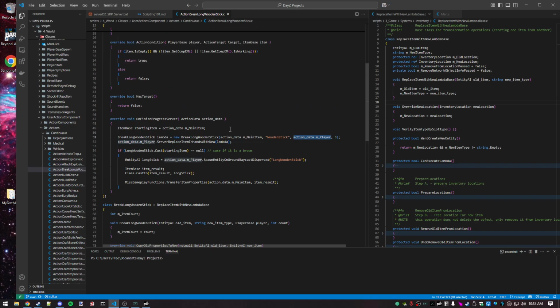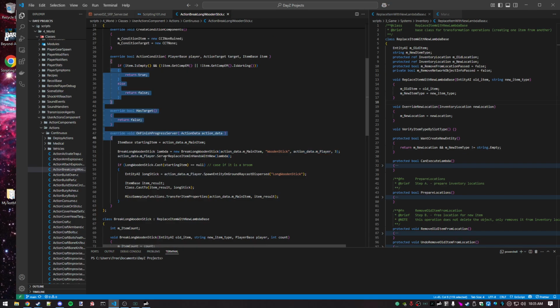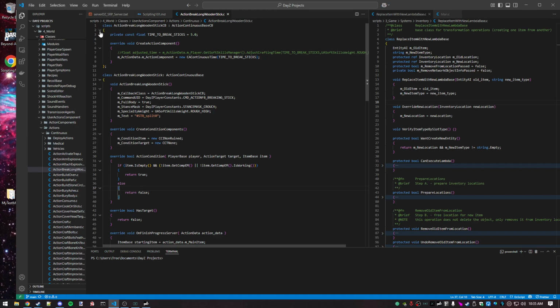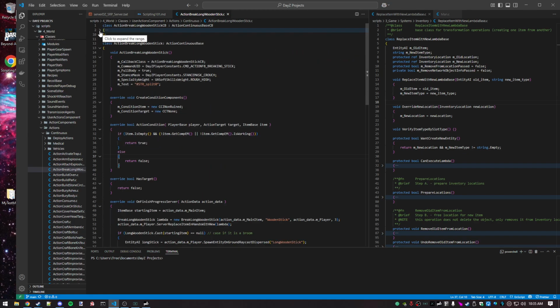So usually you either create lambdas in actions, or a recipe, or in player base. Those are really the three places you see it. All right, so the callback is just how long does it take when we have a continuous action. Talking a little bit about actions,